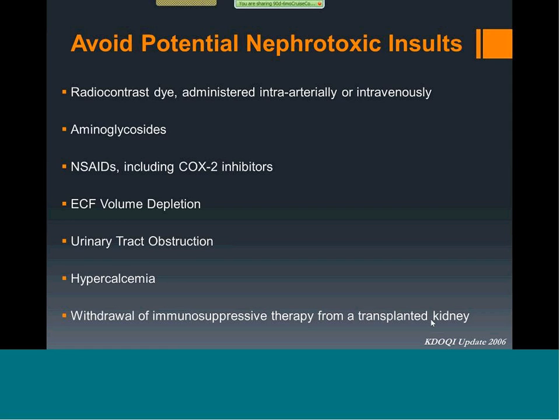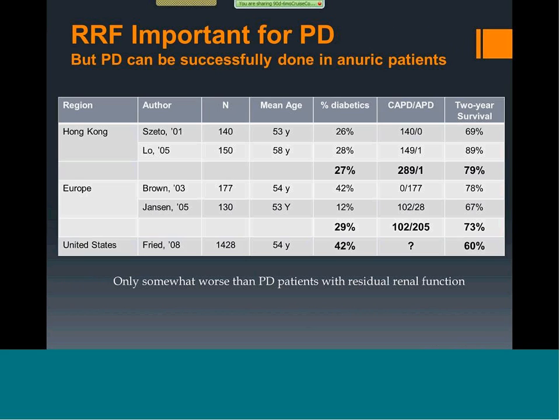Because they're now on dialysis does not mean that these medications should be withdrawn. What we choose to do is generally leave at least one immunosuppressive medication on board for patients that had a failed transplant. It's really either cyclosporin or tacrolimus, whichever one they may be on, and we taper off the others. And I think it's useful because if you stop all immunosuppressive medications in a person with a failing transplant, they're going to rapidly become anuric, and that could complicate your prescription management issues.